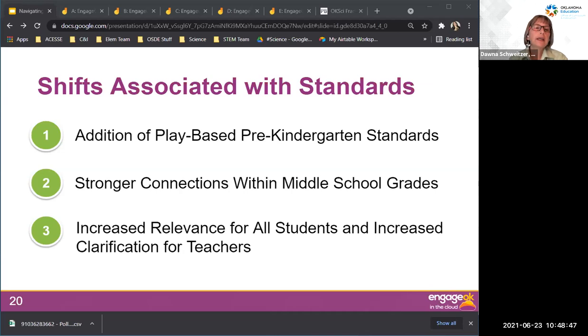The second major change that we noticed was changes within the middle school grades. Formerly, we had certain standards associated with each grade level, but there wasn't a strong connection between them. So that was revisited, and although it was painful, the decision was made to correct the problem this year. And then the third one was we looked at how relevant these standards are for the students, and whether it is clear as a teacher what skills I need to be presenting to students. At times it really wasn't, so some of those statements were rewritten to make the clarification more solid.